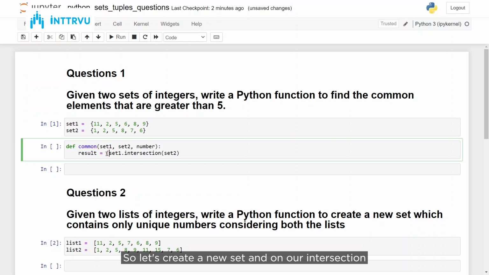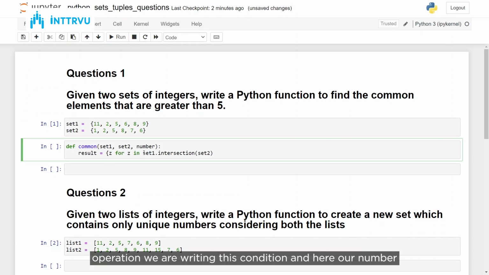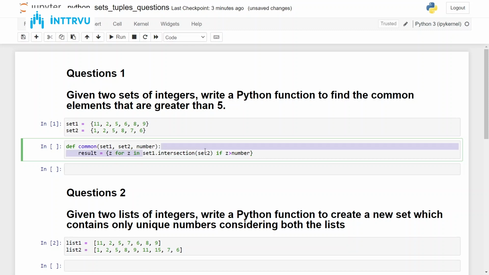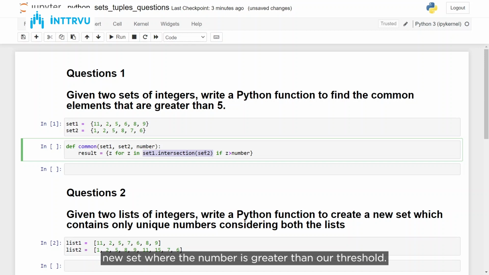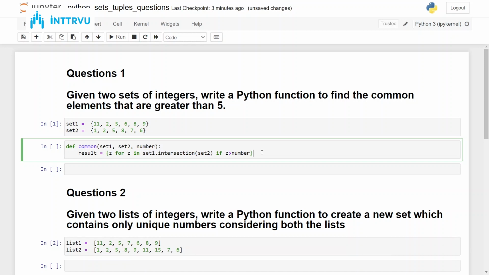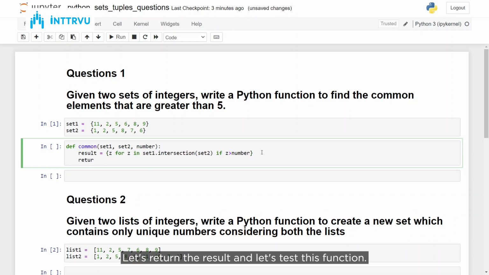So let's create a new set, and on our intersection operation we are writing this condition, and here our number should be greater than our threshold. So basically this would select only those numbers in this new set where the number is greater than our threshold. Let's return the result